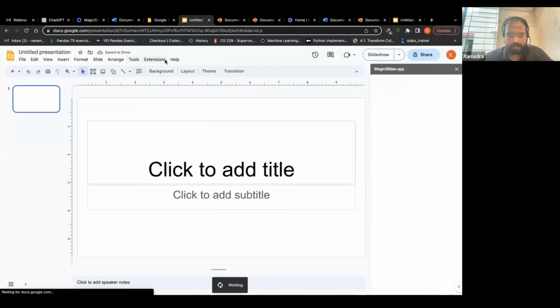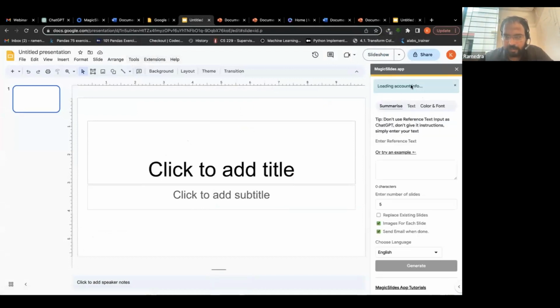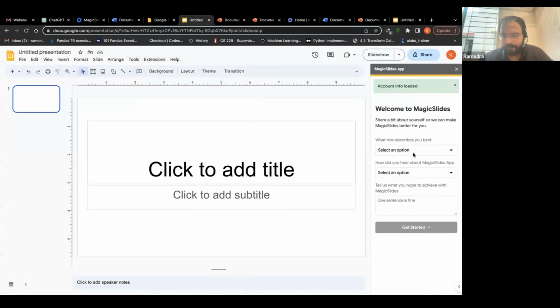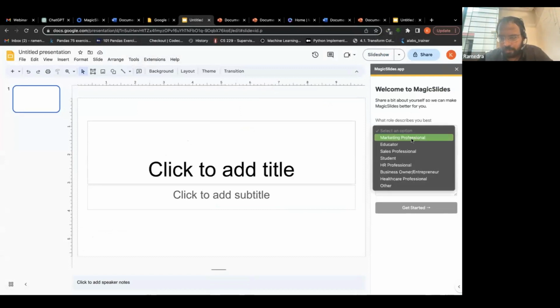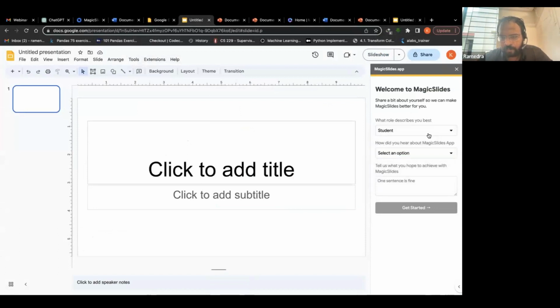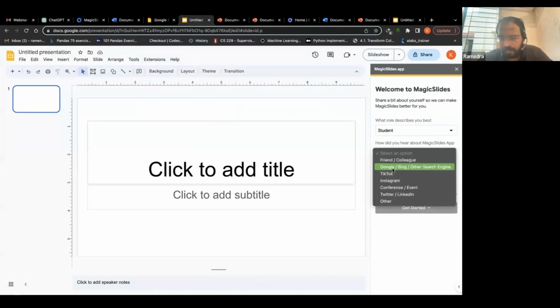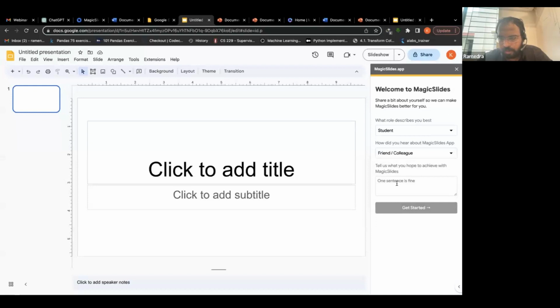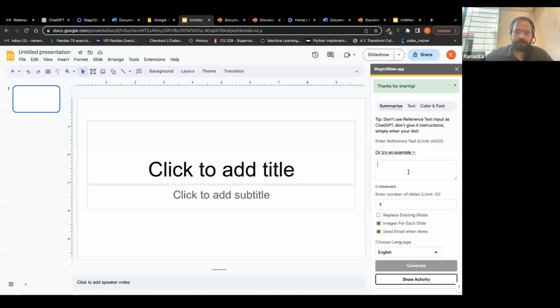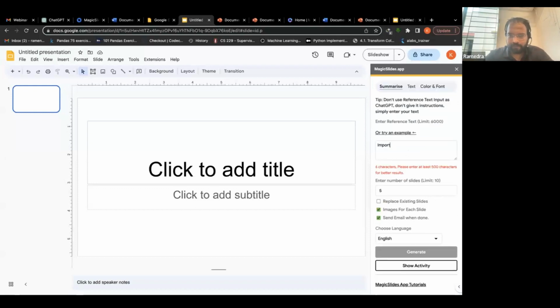And let me see. This is again based on generative AI. I will say which role describes you best. I will say probably I am a student. And how did you hear about the Magic Slides app? I'll say, okay, I heard from a colleague. Something I'll just write here. I hope it opens. Okay. So here, again, I will make it on the same thing. I'll say importance of yoga in today's lifestyle,